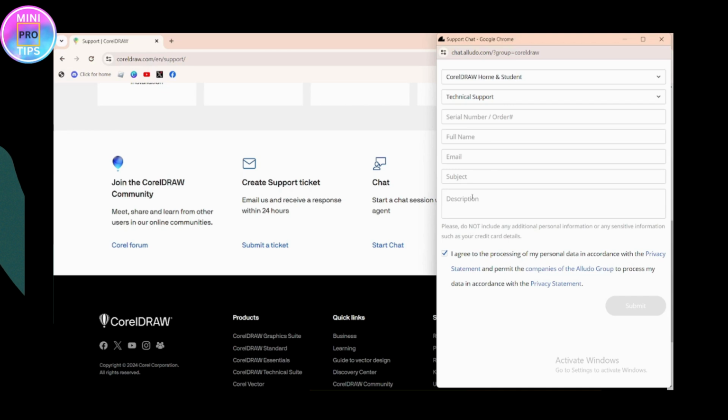And once you've written free trial for CorelDRAW, under the description you need to write, "Hello dear CorelDRAW teams. Actually, I wanted to ask you for a free trial version of CorelDRAW. I wanted to buy the product, but before the purchase, I wanted to check the software properly. So this is my account details," and you need to enter the account details of your account,